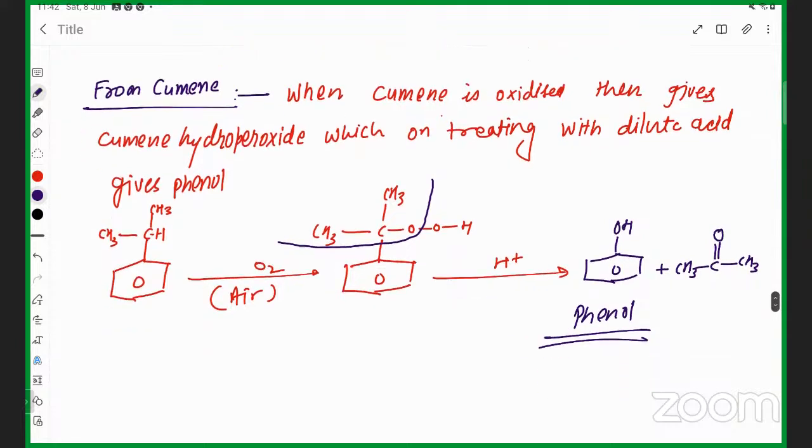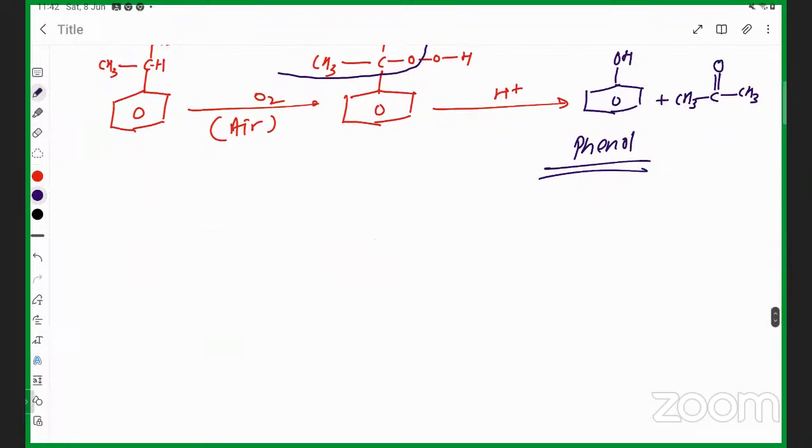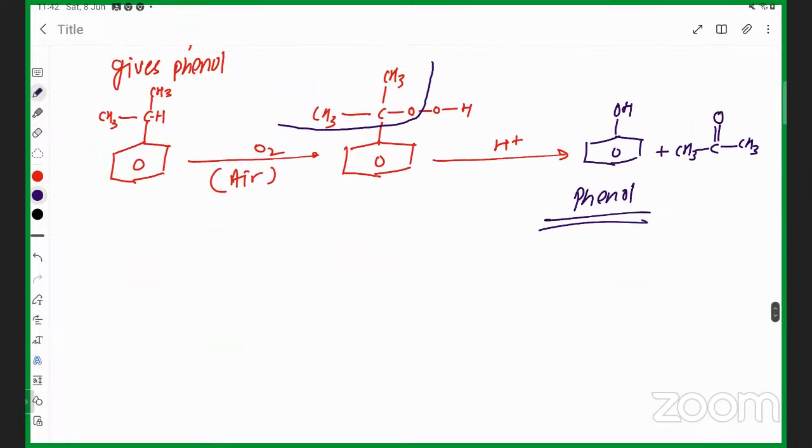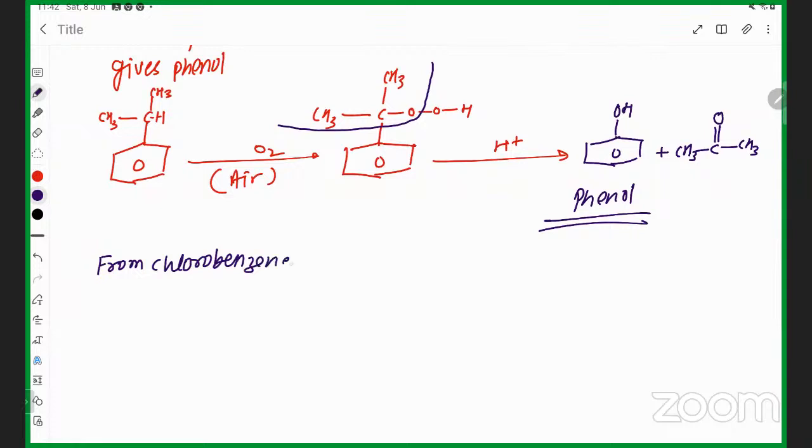Next one, we are going from the chlorobenzene. Here you see from chlorobenzene. Chlorobenzene, you already studied this one. When chlorobenzene is treated with